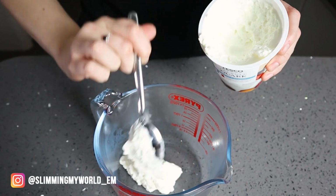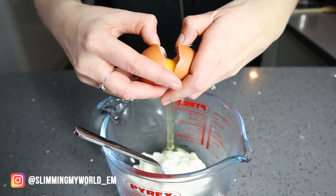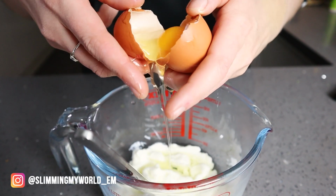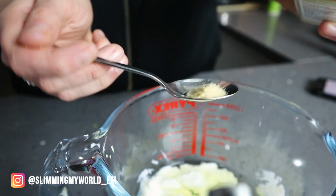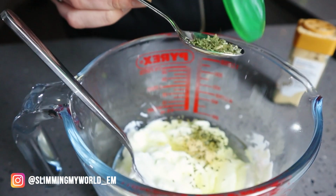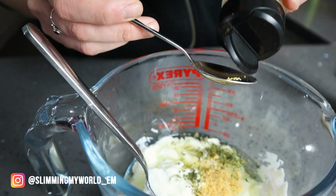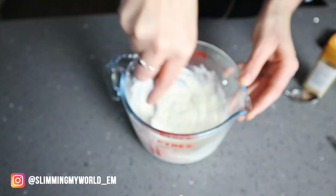So I'm using 3 tablespoons of quark, 2 eggs, just the egg white, so I'm here trying to balance the yolk, and you want 1/2 teaspoon of onion granules, 1 teaspoon of parsley, and then you want 1/2 tablespoon of garlic as well, but obviously you can put them as much as you want. Here I add a little bit extra. So you want to mix it all up,